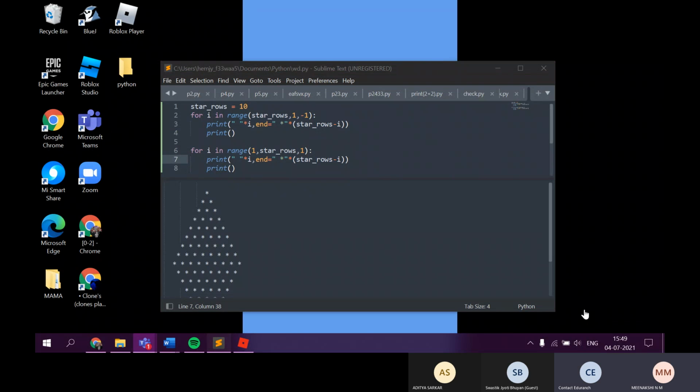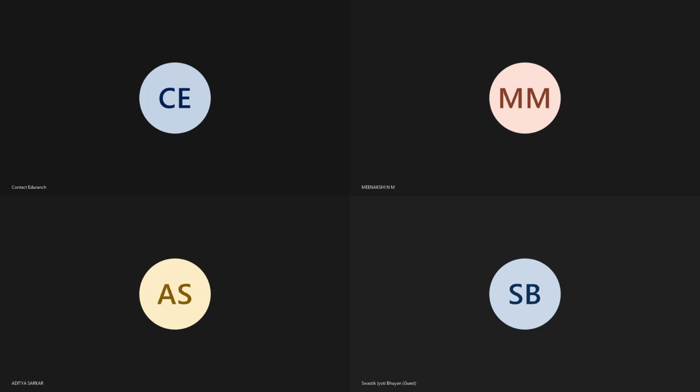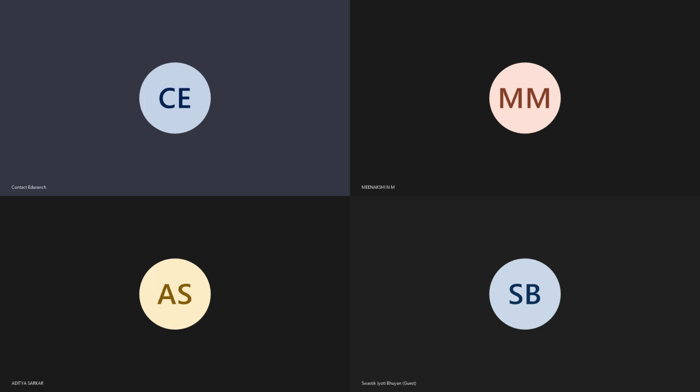Okay, nice. Now all of you, don't close the screen sharing. All of you write a student class, okay? And the student class should have two variables, student name and age. Create a method to set student name and student age, get student name and get student age. Do you guys remember how to write a class?